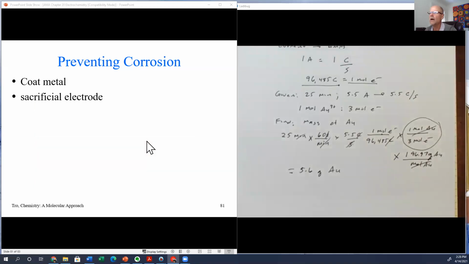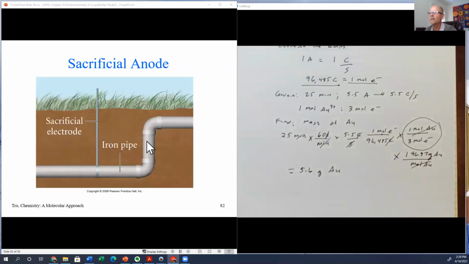You can also prevent rusting with something called a sacrificial electrode. This is kind of interesting. You might have some pipes, for example, that are underground, and of course it's moist down there and susceptible to rust. But you can hook up an electrical circuit where you connect the pipe to what's called a sacrificial electrode. What's a sacrificial electrode? A sacrificial electrode is simply a metal that has a greater tendency to lose electrons than